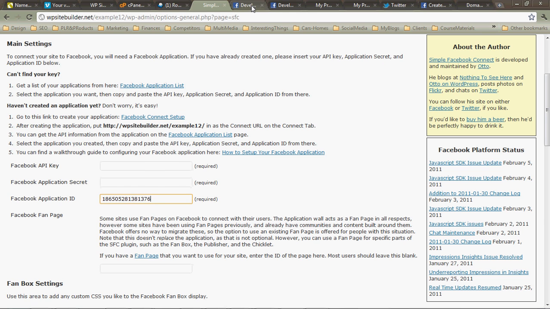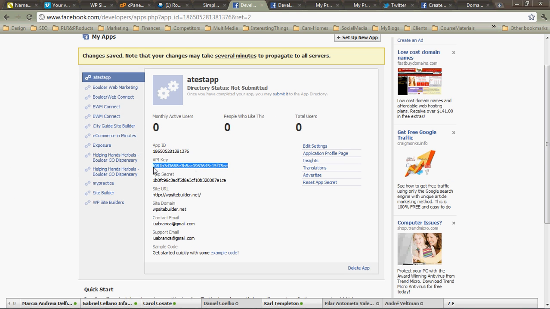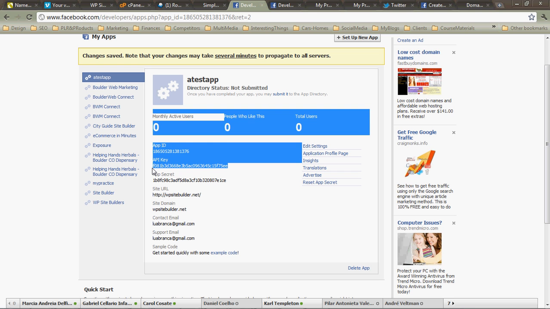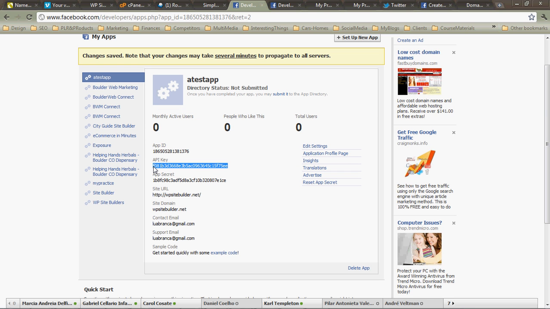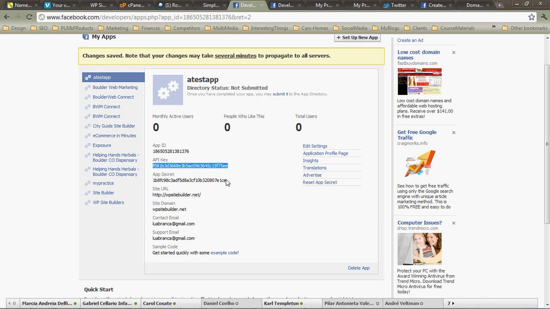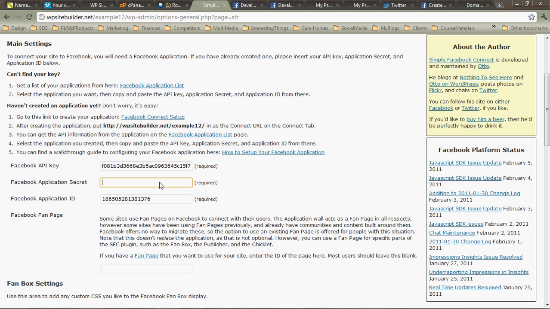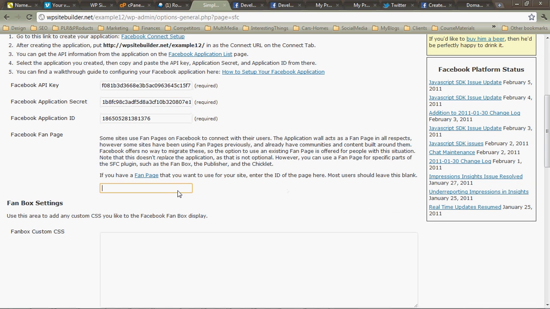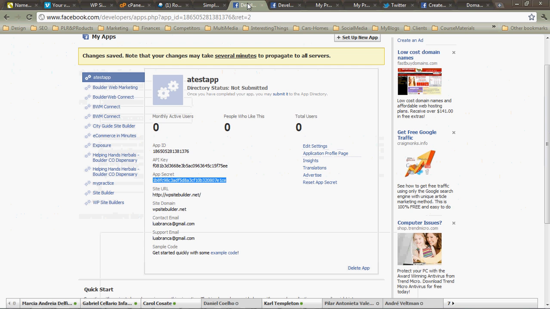We're going to add that here. The API key, I just want to copy this. That's the key. And then the app secret, which we'll enter over here. Then if you have a fan page, this is where you'd enter the ID of the page. And to see the ID of the page,